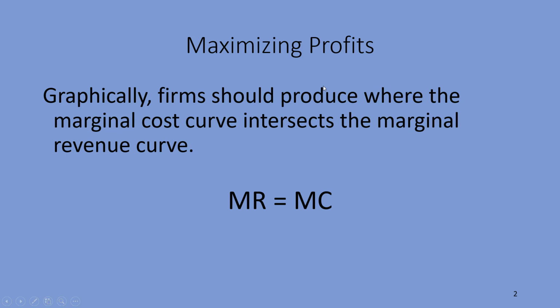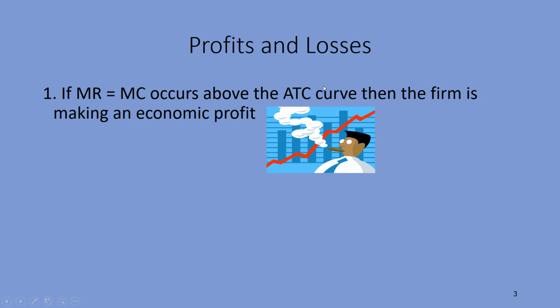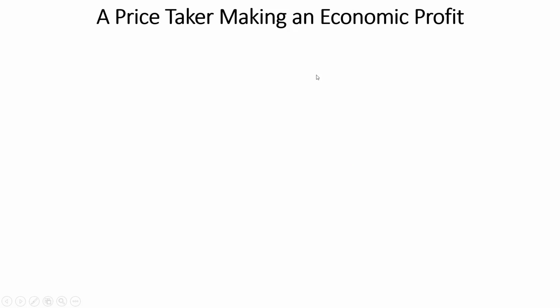And we explored how to do that graphically, and the last thing we talked about was firms making an economic profit. So remember, if marginal revenue equals marginal cost, the intersection occurs above the average total cost curve, and that firm is making an economic profit. So we started that graph in our last class, but we didn't quite finish it. So I'm going to go ahead and redo it now and make sure that we go through it